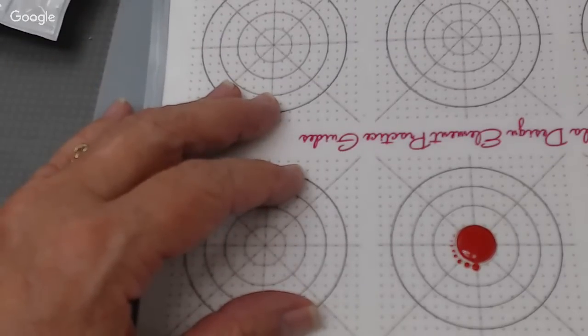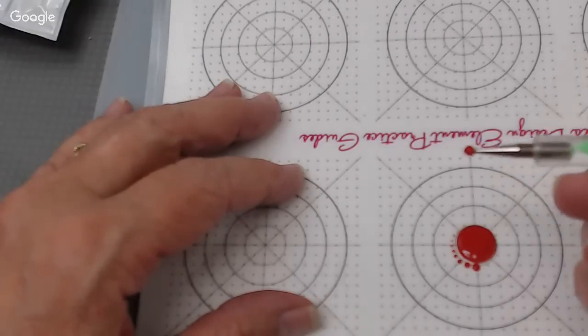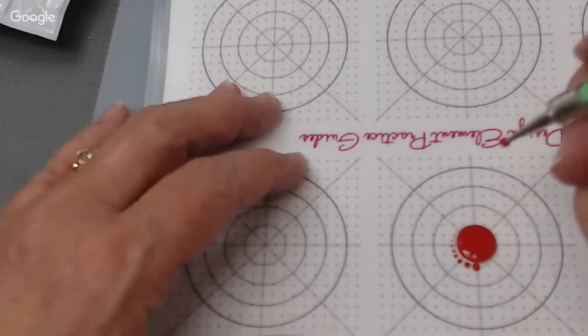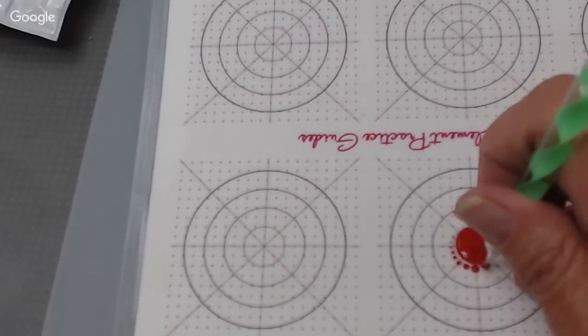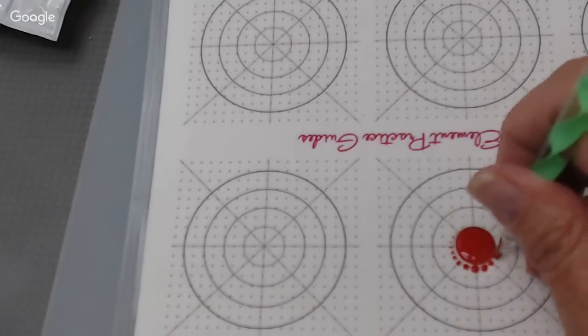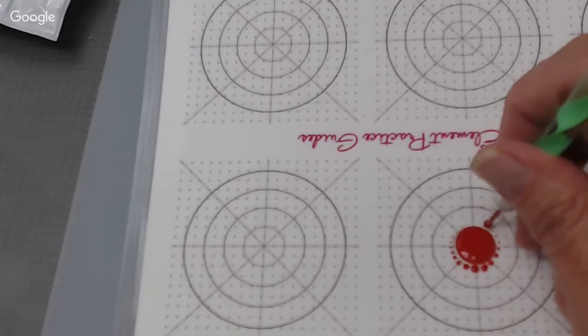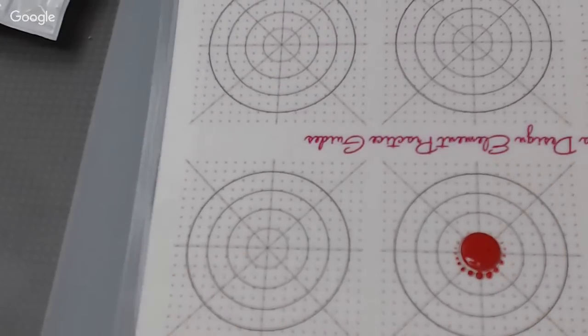I'm re-dipping my tool. I'm going to go to my nail daughter now. This is my largest nail daughter. And I want to show you that if I start, I've reloaded my tool, right? If I start here, my size of my dots are going to be off, because